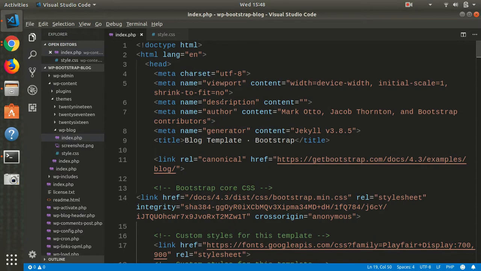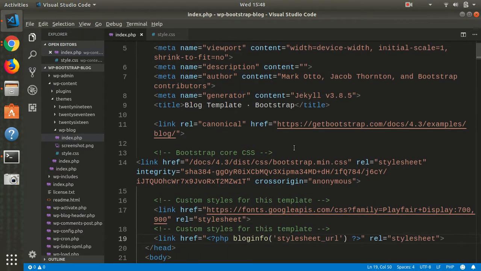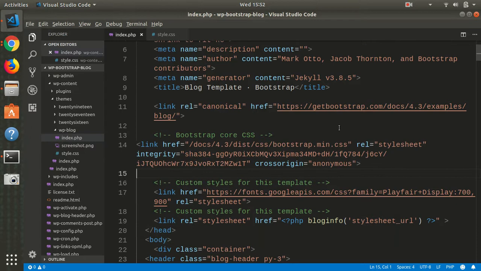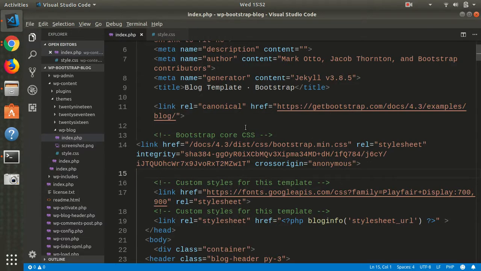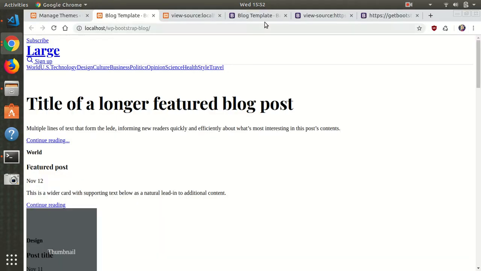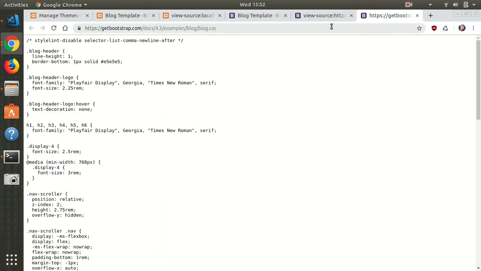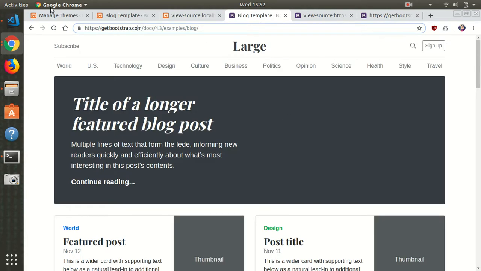Also, we need to use Bootstrap. As you can see, it's corrupted because it's looking for Bootstrap, but it's just finding this static file, which does not exist. So we need to get Bootstrap from the CDN. We can go to Bootstrap, get Bootstrap,